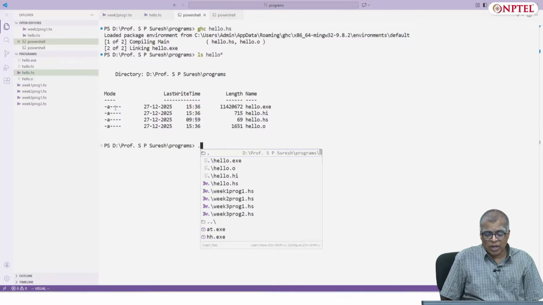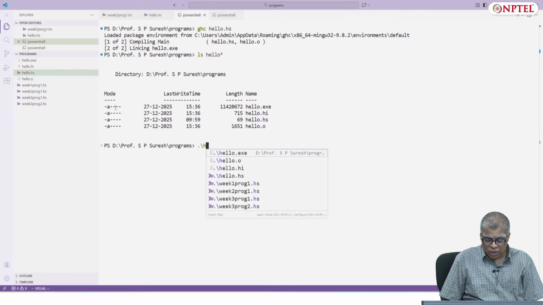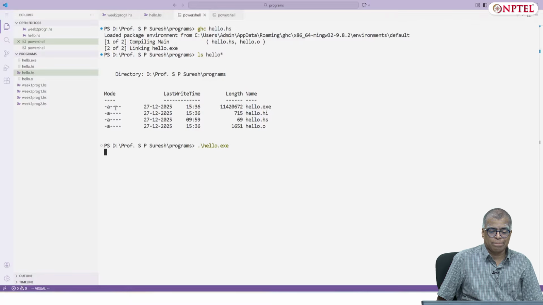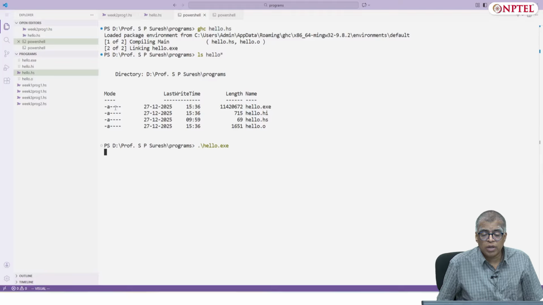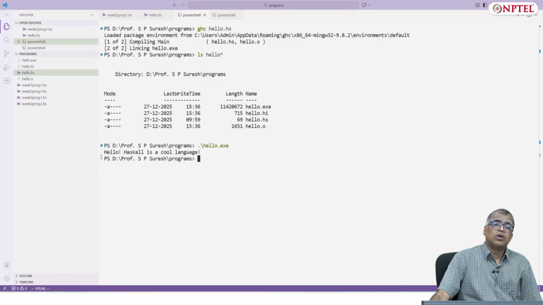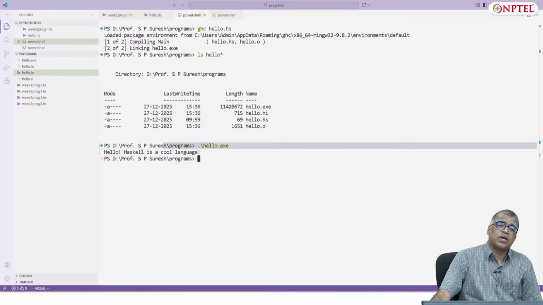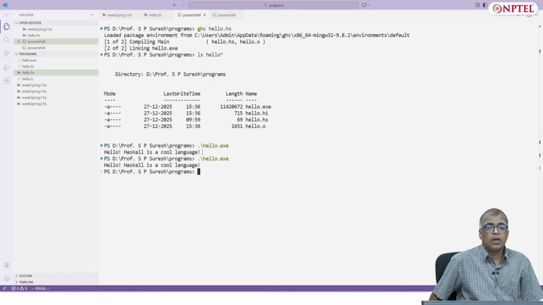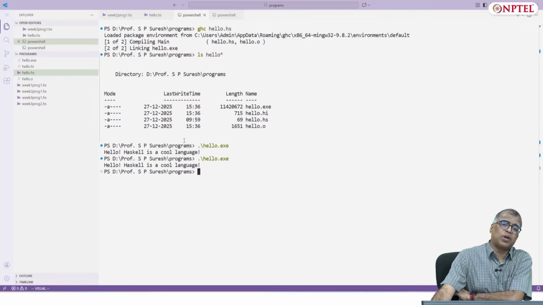Now, once you have a thing like this, on the terminal on Windows, you can execute this by saying ./hello.exe. Maybe one has to link it. Yes. So it takes a while, but it comes back and gives you this. Maybe the second time it will come quicker. Yeah, so I think it was linking some libraries the first time.